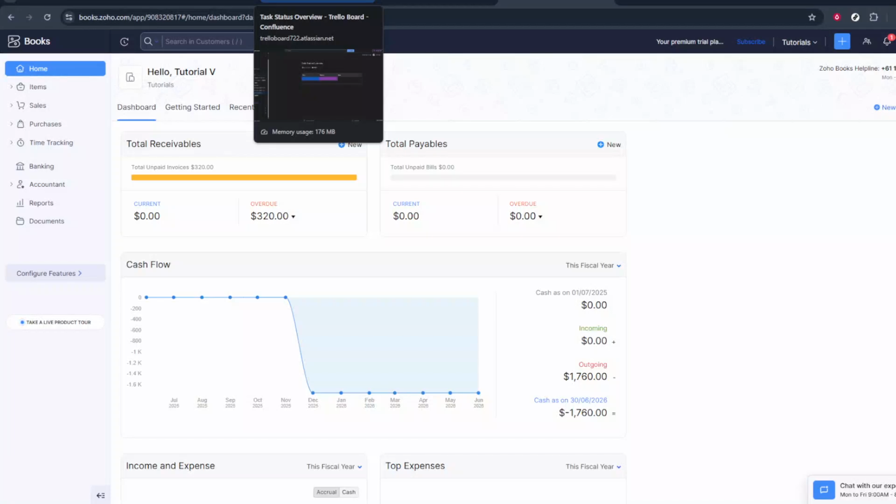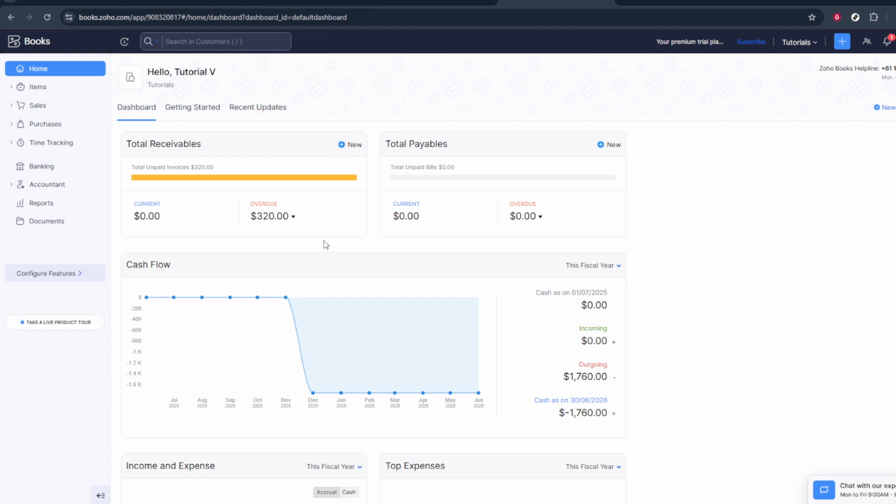In today's video, I'm going to teach you how to record mileage in Zoho Books. Tracking mileage properly is really important if you want accurate expense records and clean books, especially for tax time or client billing. In this walkthrough, I'll guide you through exactly how to add a mileage expense in Zoho Books from start to finish, and I'll explain what each part of the screen is doing so you feel confident using it